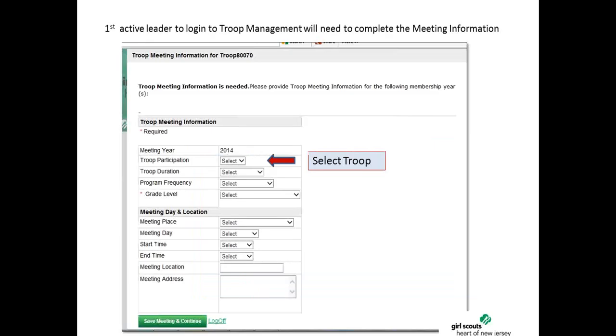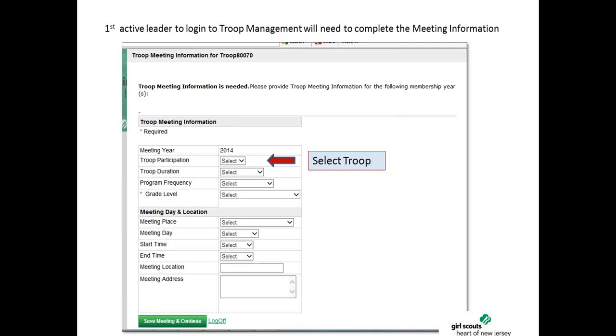A little bit about troop maintenance. After you have registered and you've claimed your 01 position for the year and it's been activated, the first active 01 leader to enter a troop is going to get this troop meeting information page. You'll have the membership year up on top.